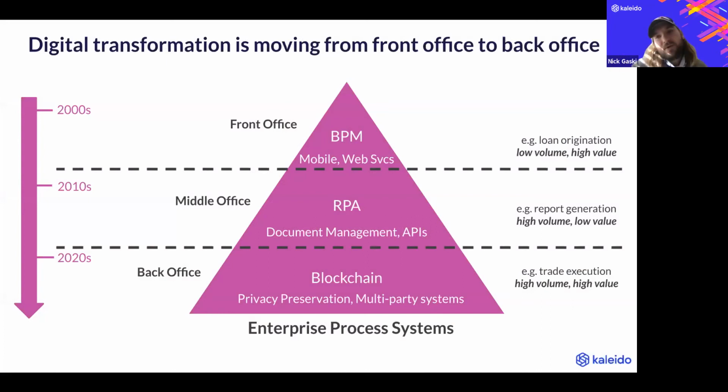So starting with business process management, where this was low volume but very high value, then moving into robotic process automation right here, where sort of mundane middleware, middle office processes, we're talking about high volume but very likely low value. And then moving into the back office, right? Trying to create synergies and trying to create this shared data plane amongst existing siloed enterprise systems. And this is where we can see both high volume and high value, whether we're talking about digital assets, whether we're talking about private confidential information that needs to be shared, exchanged, and then referenced on the blockchain for indelibility and for potential future litigation.